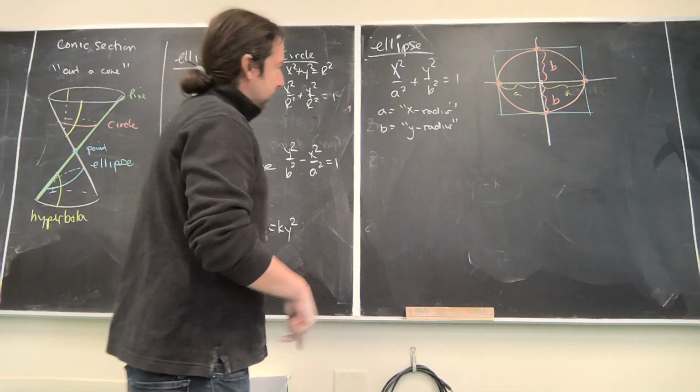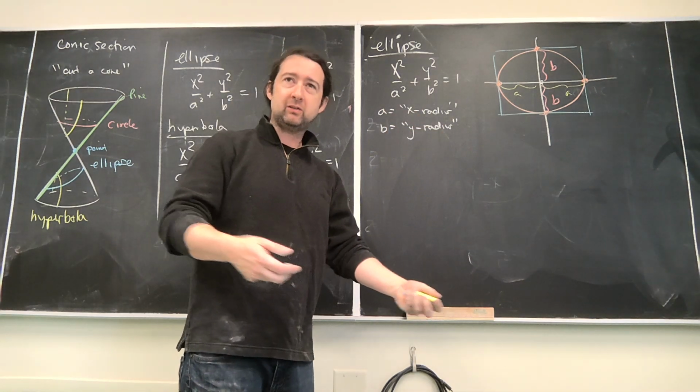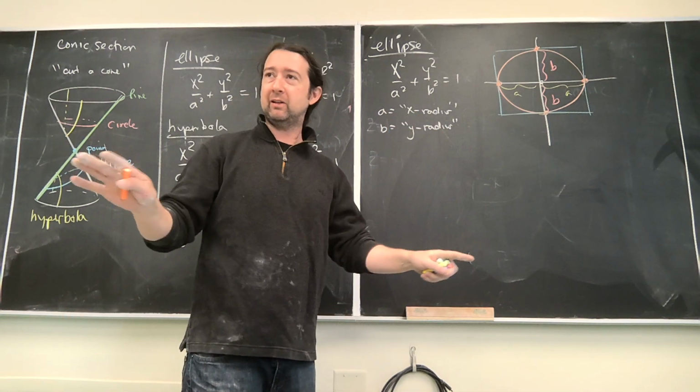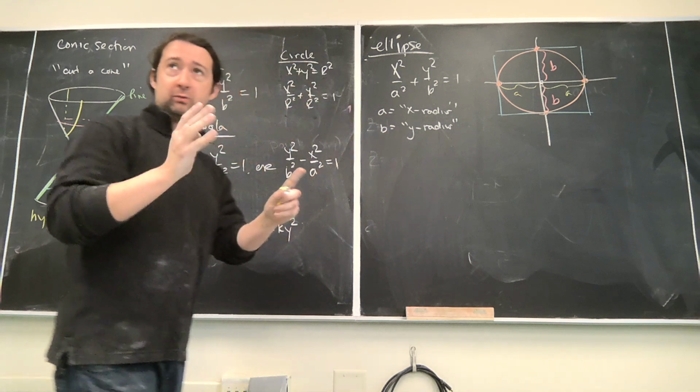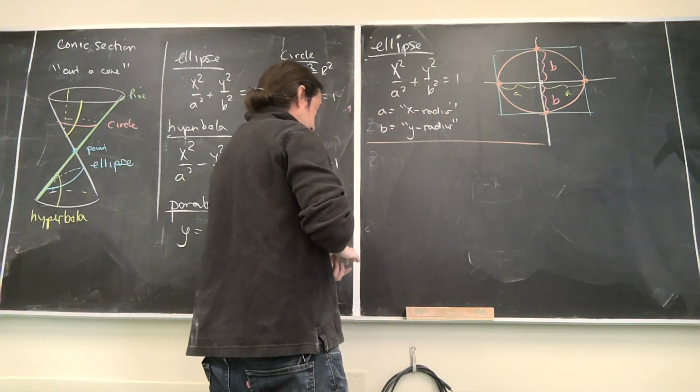Those of you that have done this in the past may remember all kinds of things about A and B switching places, and sometimes A is on the X and sometimes A is on the Y. I don't do any of that. X goes with A and Y goes with B. To draw a hyperbola,